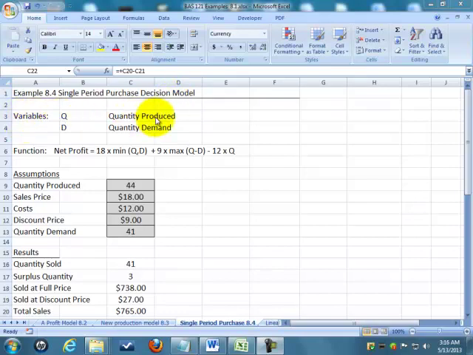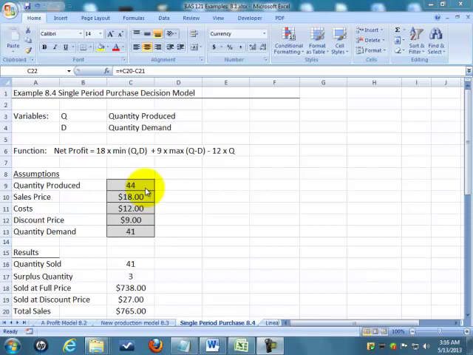Q is the quantity produced or manufactured. D is the quantity demanded. And in this example, they're assuming the quantity demanded is the quantity demanded at full price, at full sales price. This simplistic model is going to assume that everything else gets sold at the discounted price. So the quantity demanded D is the quantity demanded at the full price, which under the assumptions they tell us